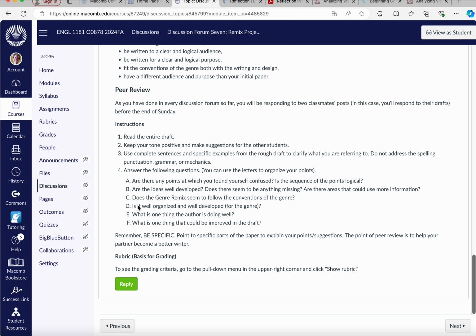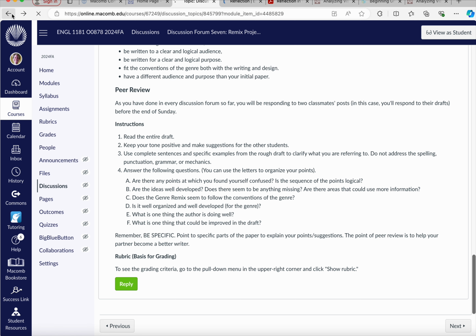And so when you're looking at a classmate's draft, as before, you want to keep it positive, you want to be constructive, and you're going to use the questions in A through F to respond. And we talked before about using complete sentences and specific examples from the rough draft to answer those questions. So your initial draft is posted by Friday, 2 responses by Sunday.